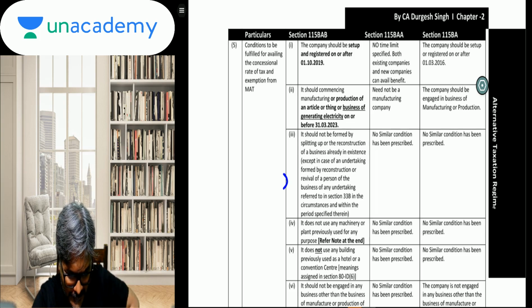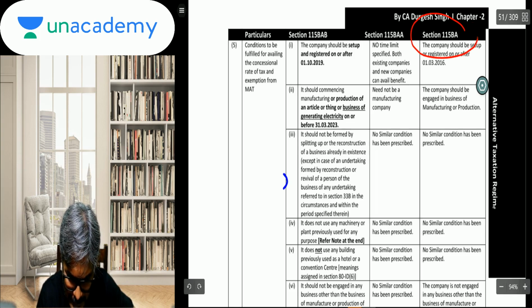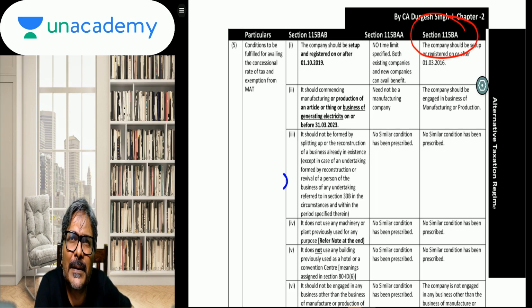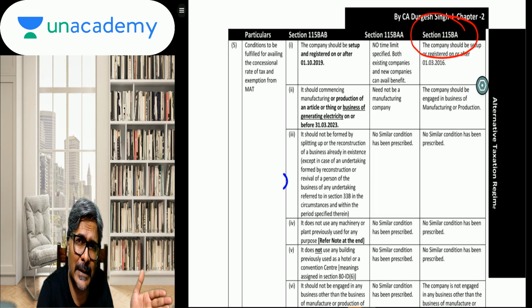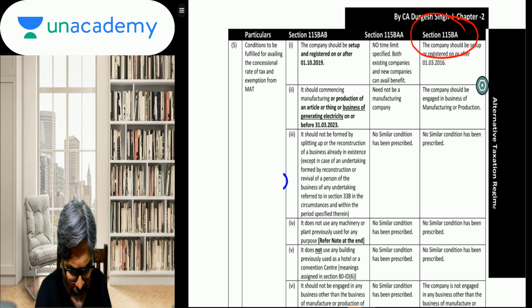As I told you, students, 115 BA, this particular part is not that critical. 115 BA, students, per se, that is not that critical, but still we will look into that particular part wherever it is required. Okay, focus now on 115 BAB and 115 BAA, because as I told you, we will make this 115 BA redundant in one particular point. I'll let you know 115 BA would be redundant. Already we have compared this earlier as well, and now I will establish that 115 BA is redundant. Let's have a look.